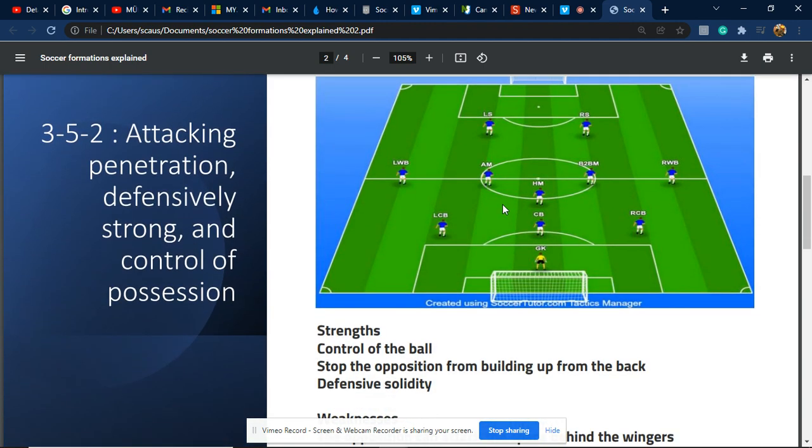The first formation I'm gonna talk about is the 3-5-2. When I say 3-5-2, I mean three defensive players, five midfielders, and two forwards. This is a very interesting formation because it can be used both in attacking situations and also when you want to defend